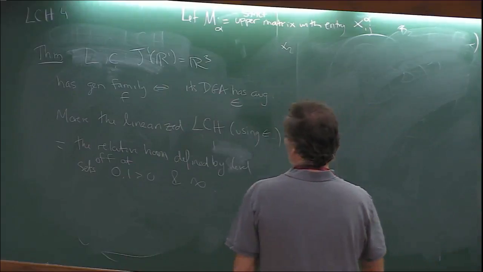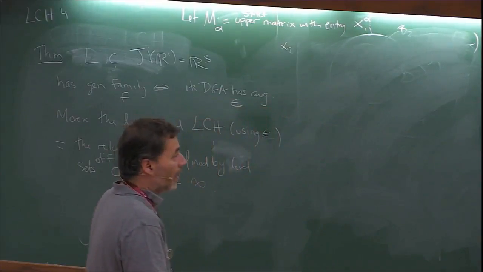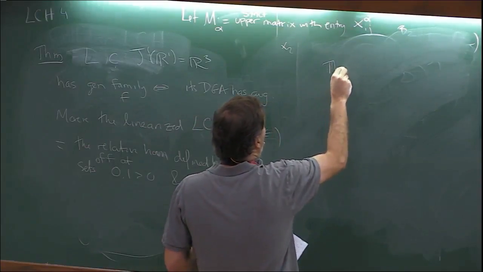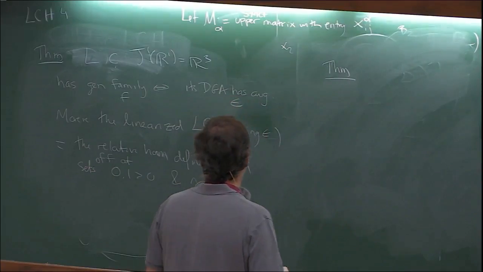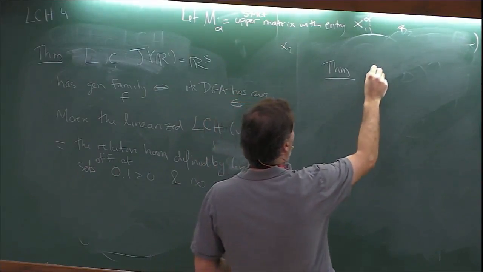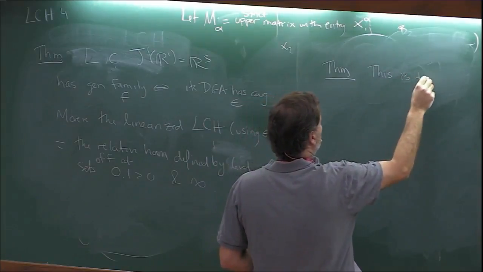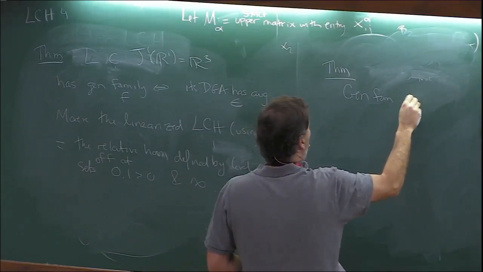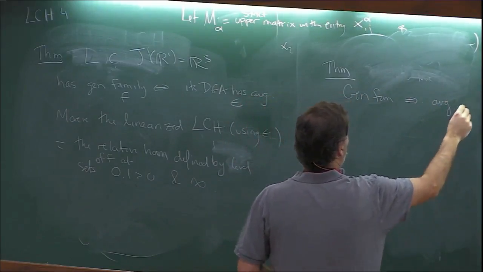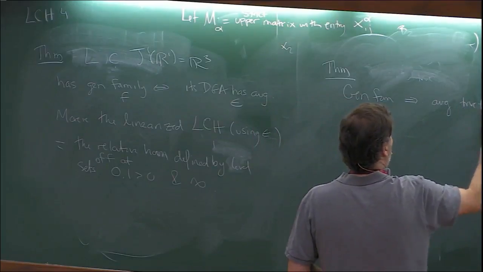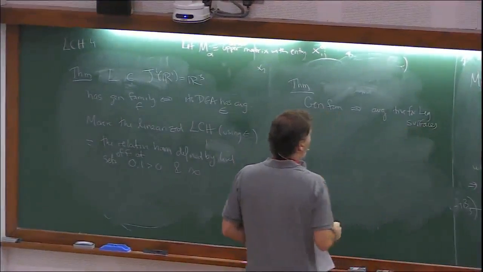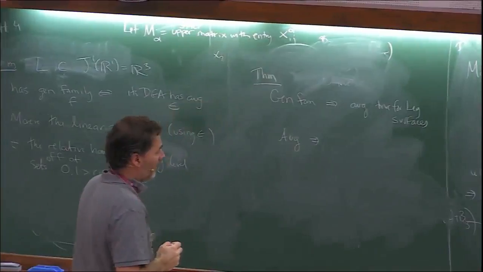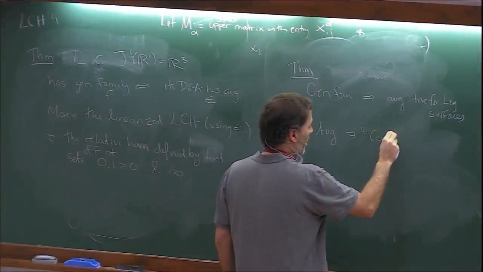So again, the natural question is, how true is this in general? It's a theorem, at least in one direction, that this is true. Well, generating families imply augmentations is true for surfaces. And to go the other way, we don't quite have a generating family. We have what we call a combinatorial generating family,